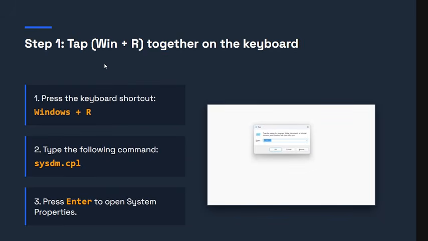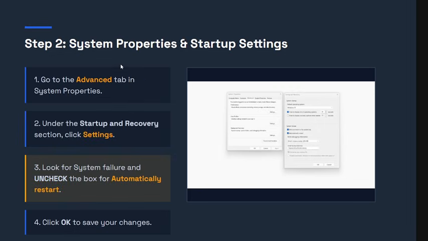So step 1, you want to tap the Windows plus R keys together on your keyboard, and that's going to open up the Run dialog. In there, you're going to type sysdm.cpl, press enter. This is going to bring up the System Properties, which is this screen right here, and you want to click on the Advanced tab, and then click on Settings, Recovery settings, and then